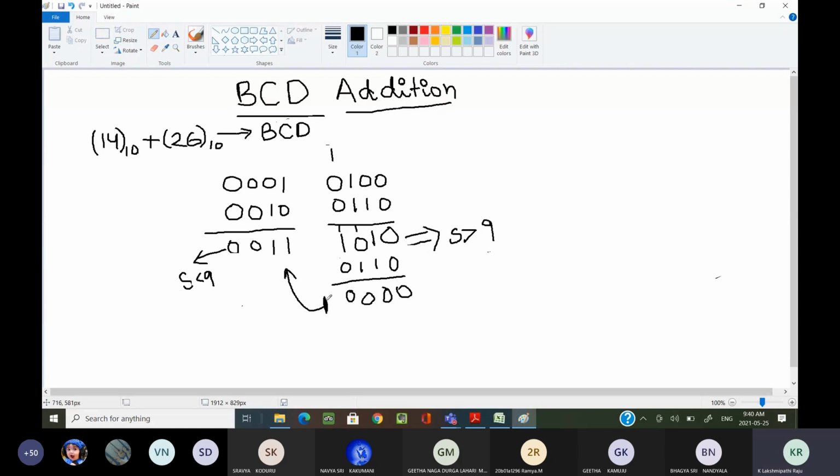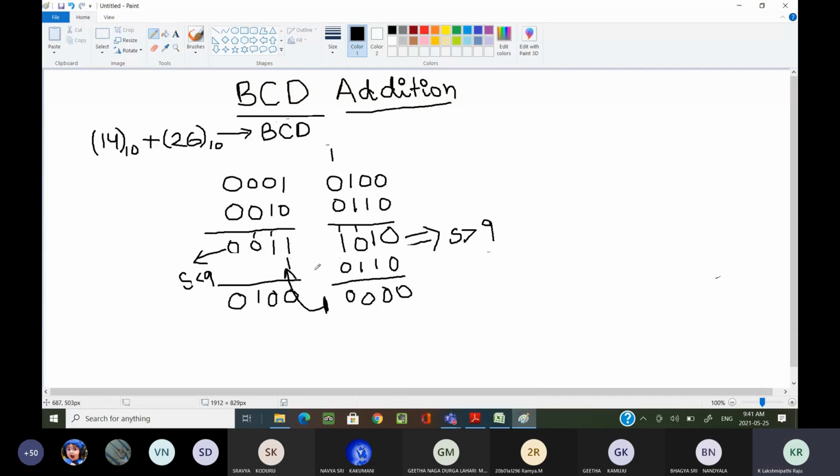Are you understanding? Yes, sir. The next higher order digit is this one. Here also 1 plus 1 is 1 0, and I forward 1 to the next bit, 1 here and 0 here.